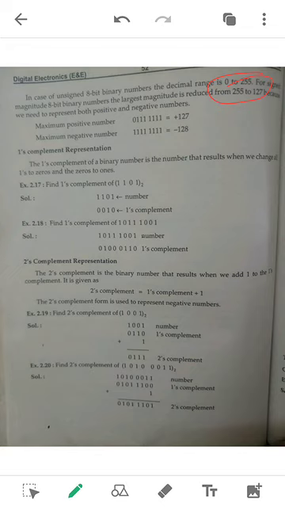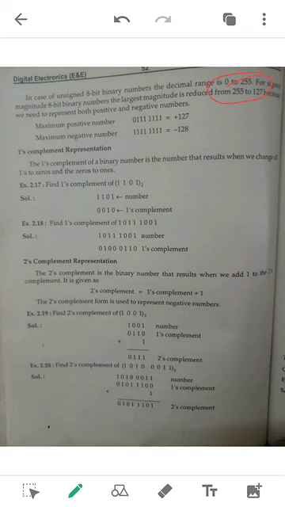And as I already told, the first B0 to B6 represents the magnitude, and the last MSB represents the sign, which is used to indicate whether it is a positive number or negative number. To represent the numbers for